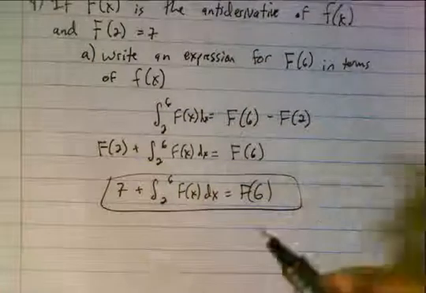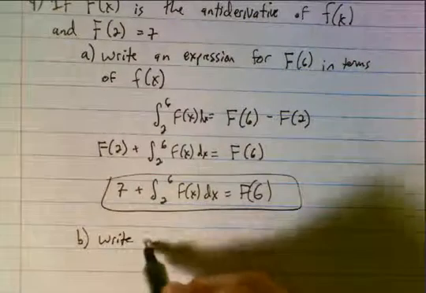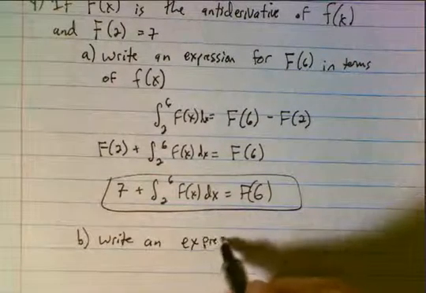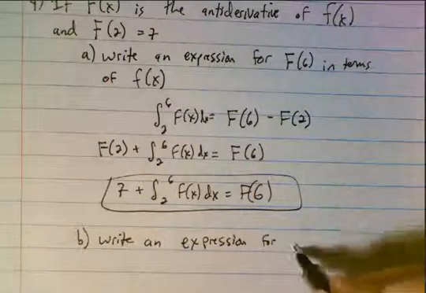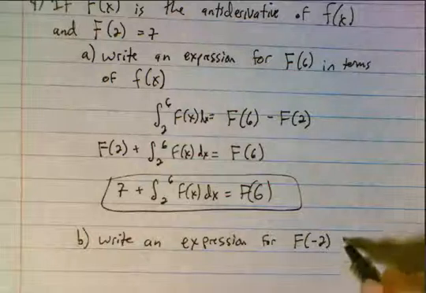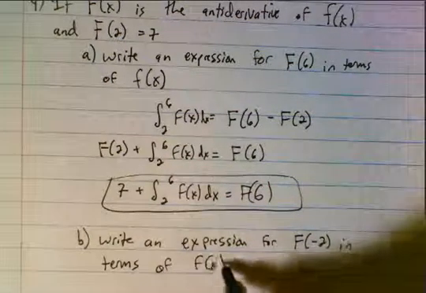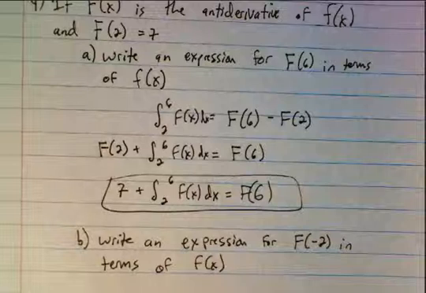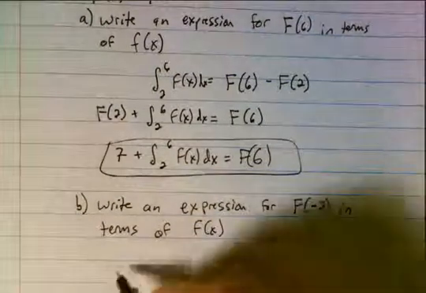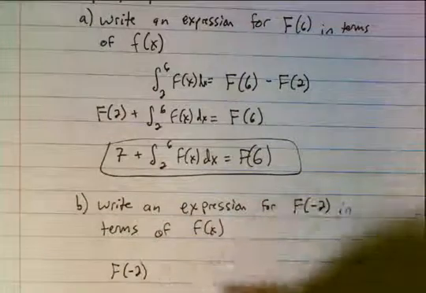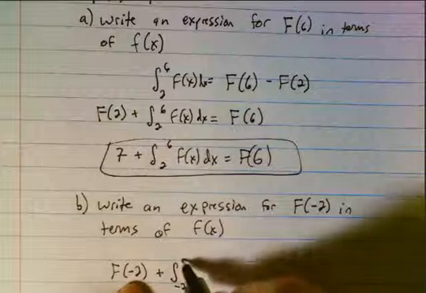So we can do a very similar thing if we're told to write an expression for f of negative 2 in terms of f of x. And the way that we did this before is we said, okay, we're going to start with the smaller one, so we know f of negative 2, and if we add to that the change from negative 2 to 2,